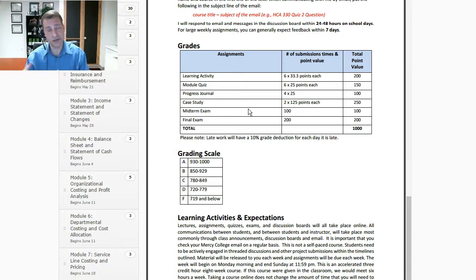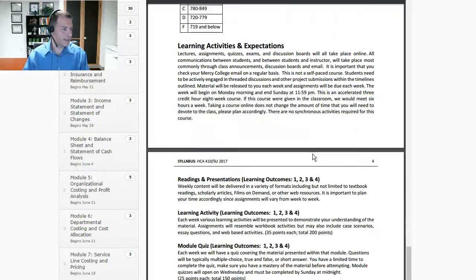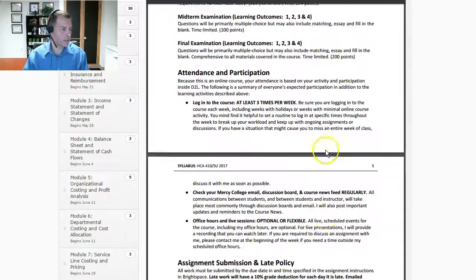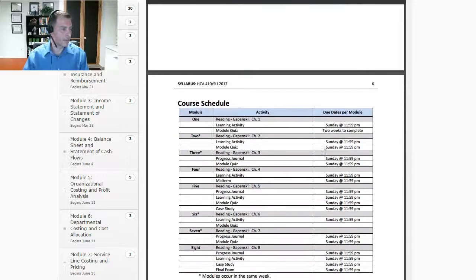Of course, for those people that did everything correctly and even got the right answer, then those folks will get the 100 percent. So don't let that worry you. Again, just apply yourself and you'll do great on the case studies. We'll have one midterm exam and we'll have one final exam. All right, let's take a look real quickly. These are just descriptions of kind of what we just went through on each one of the assignments.